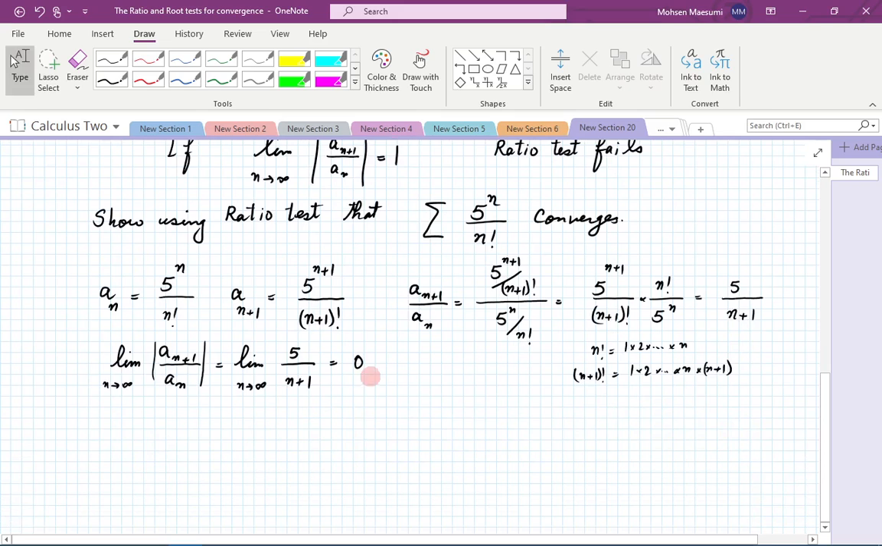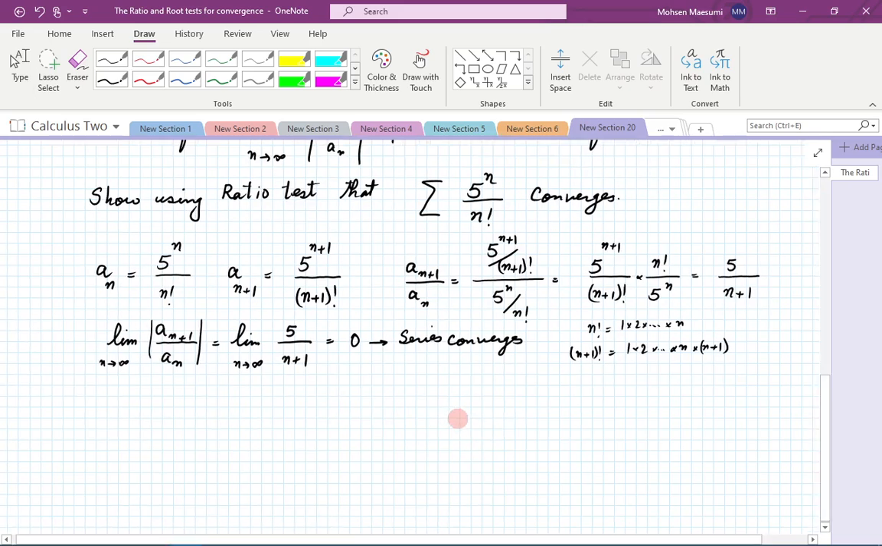So since the ratio is 0, we conclude that the series converges. Okay, so we know that the series converges in this case. Now let's go ahead and